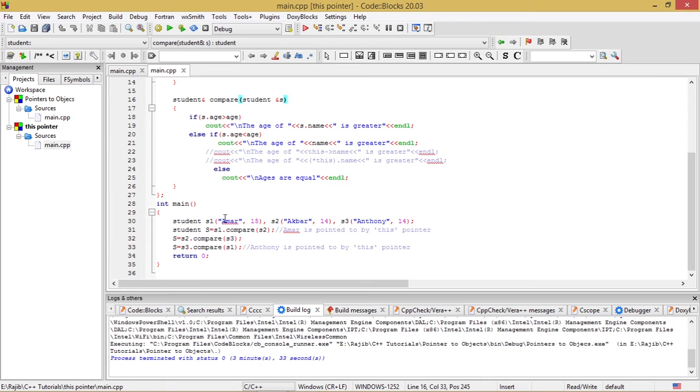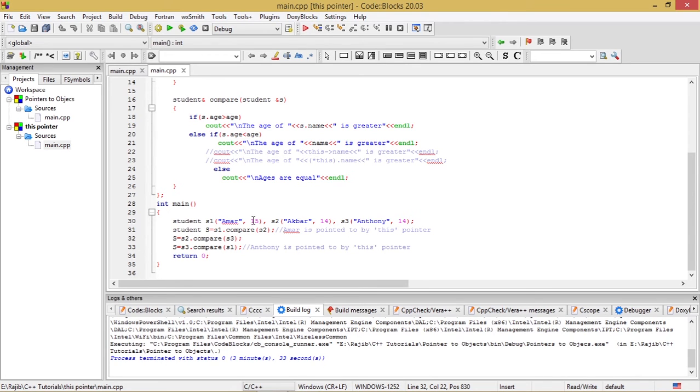So Amar is the calling object and Akbar is the argument supplied. If we can see from here, Amar has an age of 15, Akbar has an age of 14, and that's why this compare function will definitely return the address of the object which has the greater age in terms of number of years.